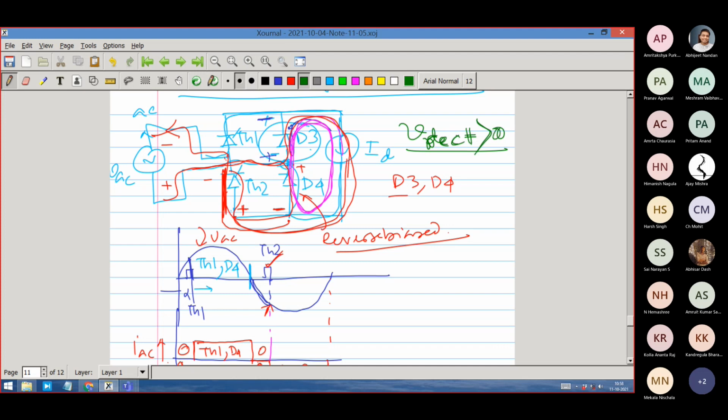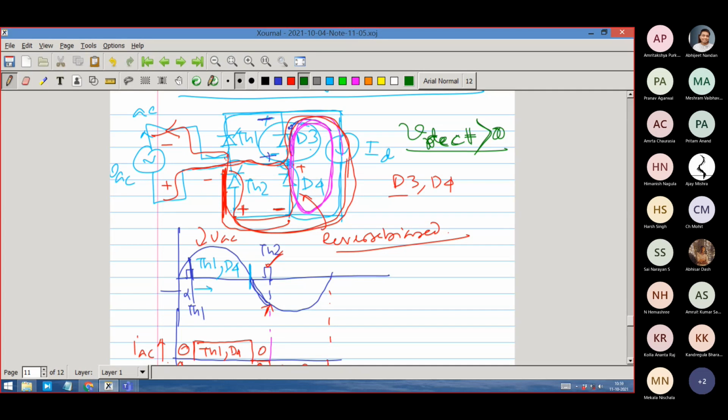So the load has to be consistent with that. You cannot expect any negative voltage to be produced, which essentially means what? In my opinion, it means that reverse power flow is not possible. It will be only taking power from AC side to DC side. Otherwise, we could have produced some negative power as well. Okay, so we cannot get an instantaneous negative voltage at any time, and the average voltage Vd is always greater than 0.